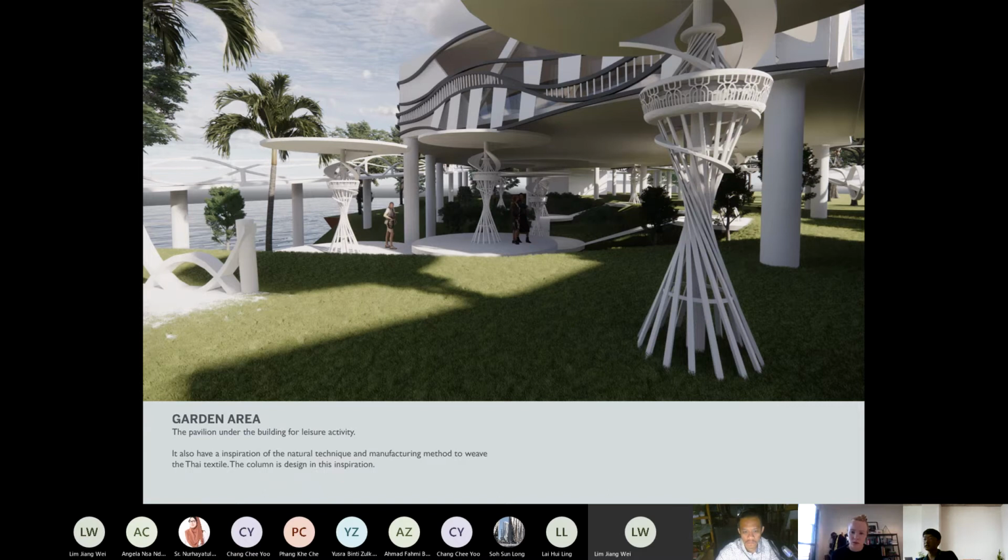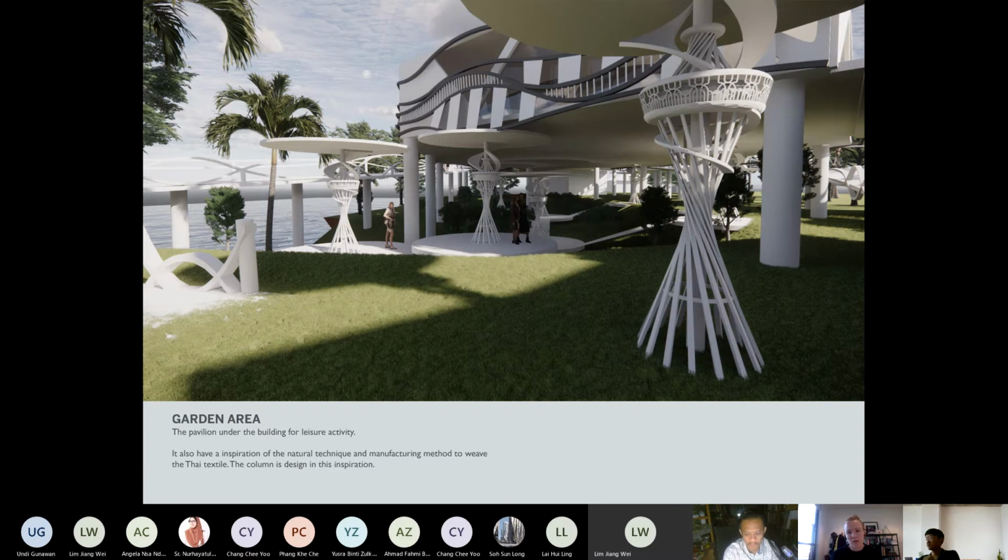And this is the garden area, which is at the middle of the building, which has a height to pass through the garden area and also holds the building elements. It is inspired by the natural technique and manufacturing method used to weave Thai textile.